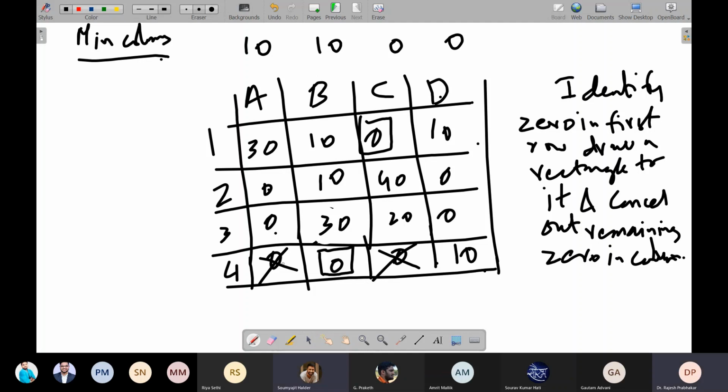Yeah, sir, I'm still confused. Sir, in the first column we have 3 zeros. Then why did you strike out the fourth 0, sir? Because there should not be a 0 in the row. This is the boxed one. As per the rule, cancel out the remaining zeros in the row. Already one 0 is cancelled out. We have only this 0, so we are cancelling it out. Got it? Sir, yeah, one second.